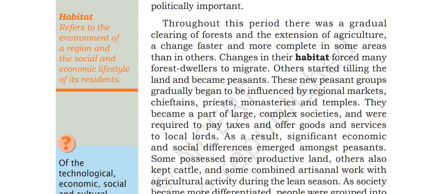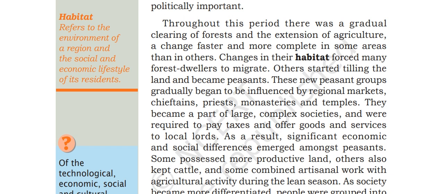Throughout this period, there was a gradual clearing of forest, extension of agriculture, change faster and more complete in some areas. Then another change in their habitat forced many foresters to migrate. Others started tilling the land and became peasants. These new peasant groups gradually began to be influenced by the regional market, the chieftain, and the priests, monasteries, and the temple. They became a part of a large complex society and were required to pay taxes